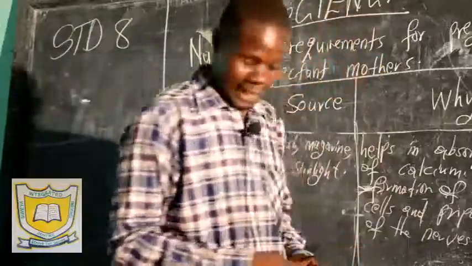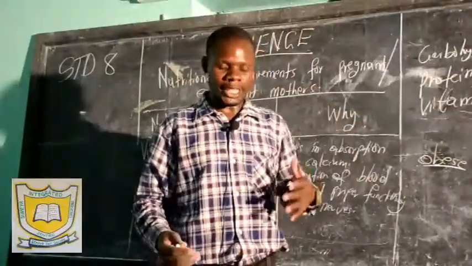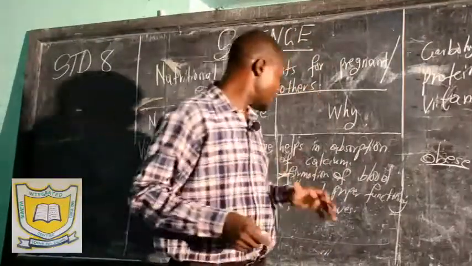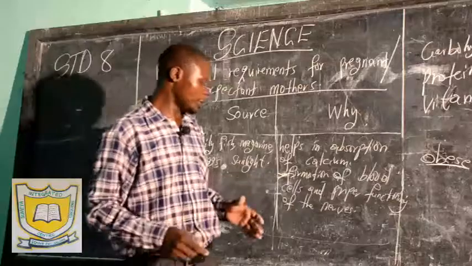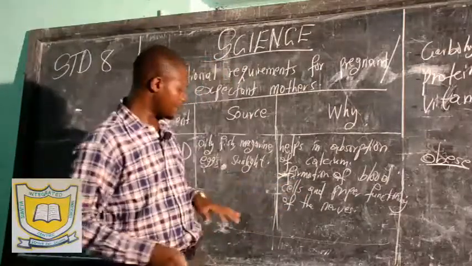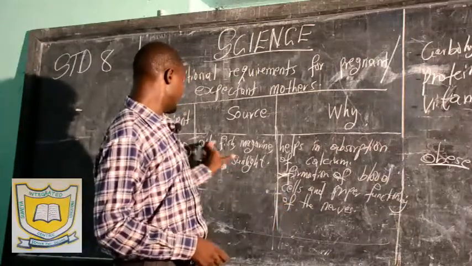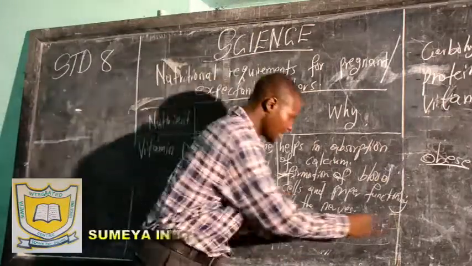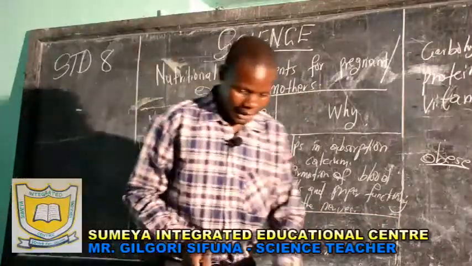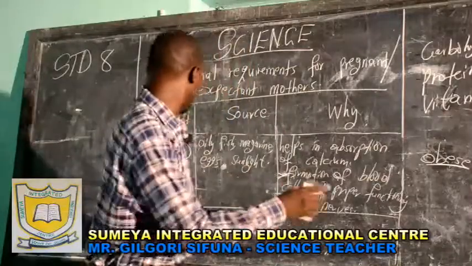You understand your body cannot function without nerves. Now the nerves, coordination of the hands and all the body organs, the brain, the legs, for whatever you do, the nerves must coordinate before you start functioning well. All the organs are connected by the nerves from the brain. Now, the nerves are maintained by these types of foods. I move to the next food that should be supplied to the pregnant or expectant mothers.